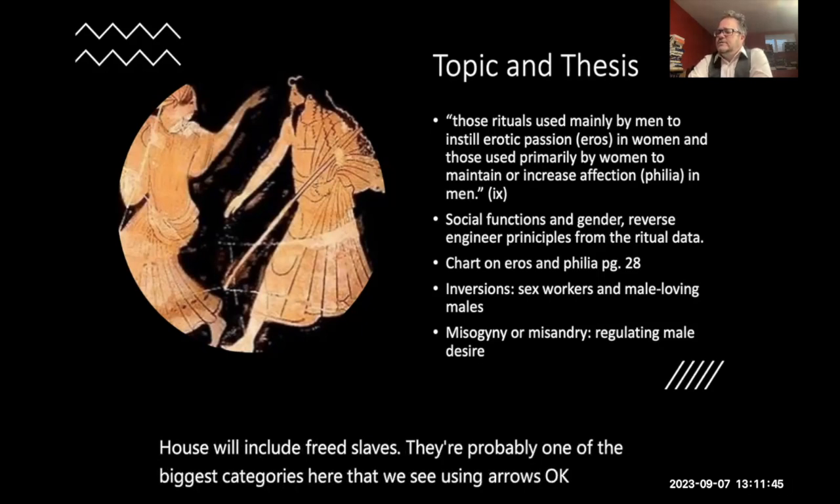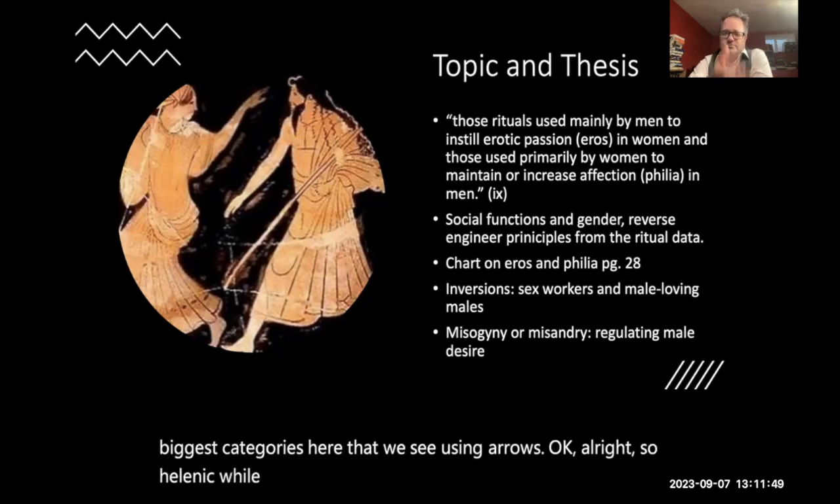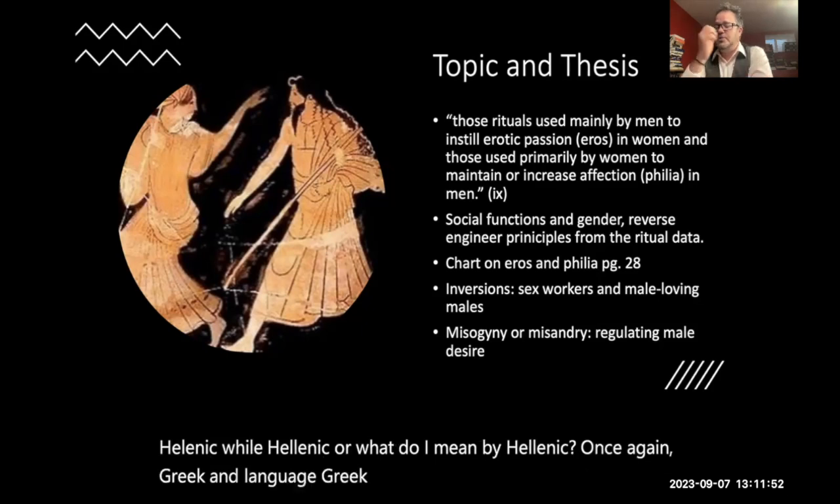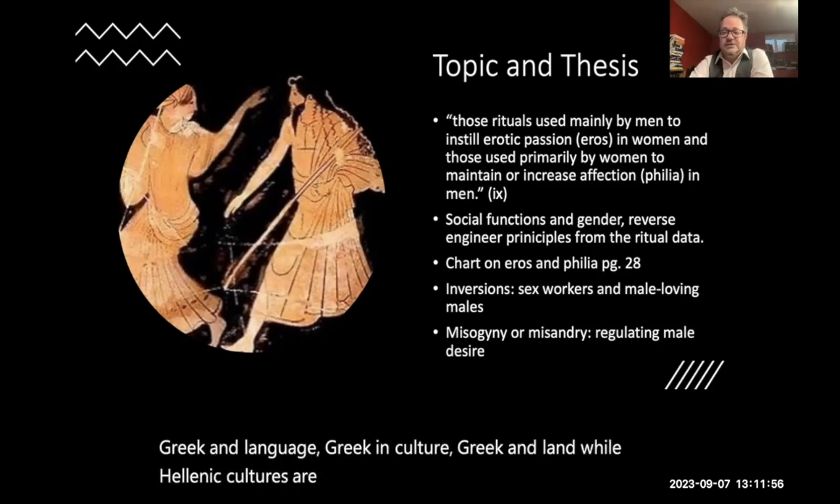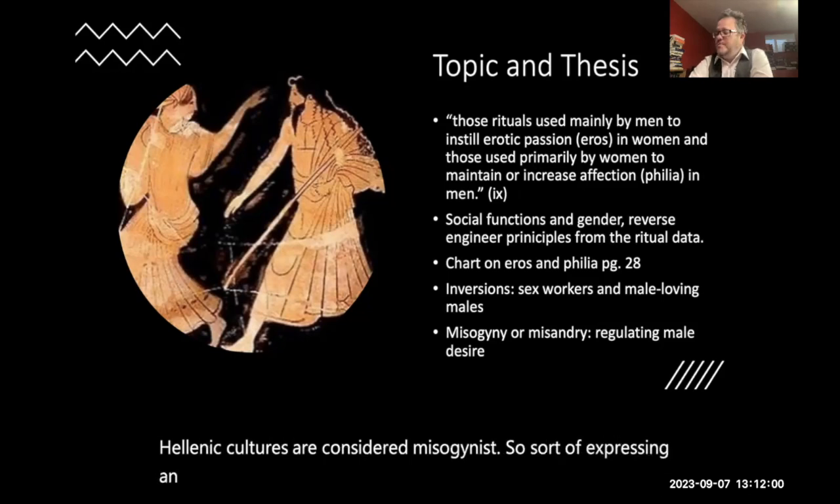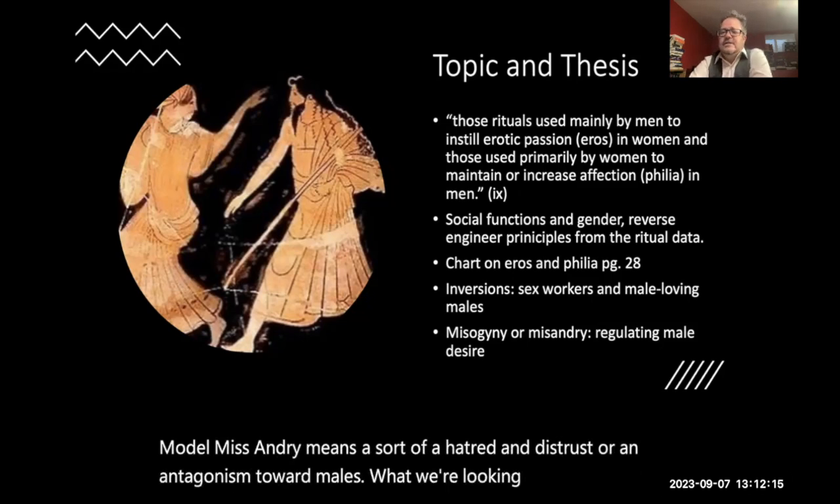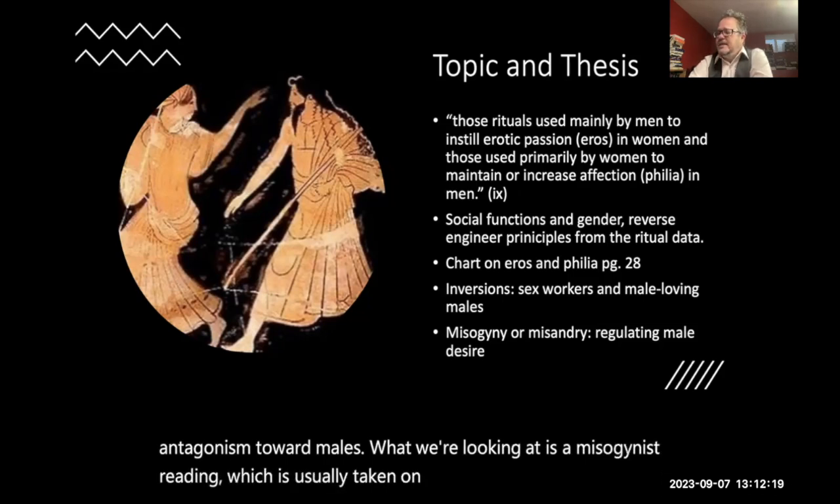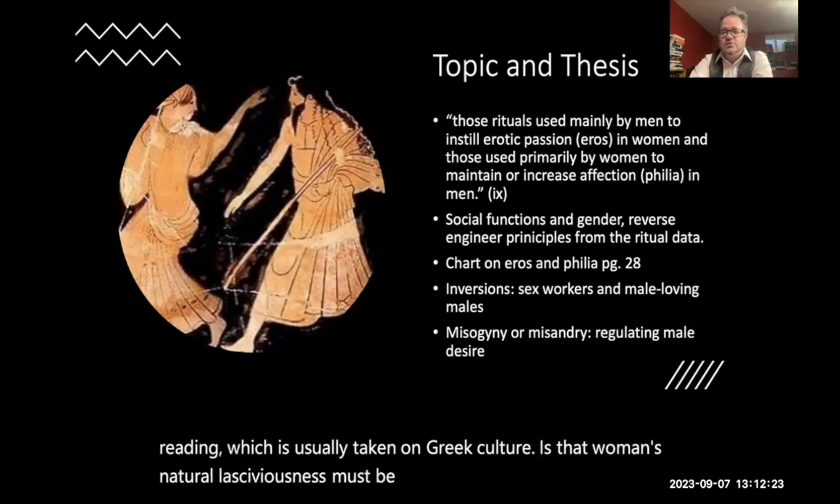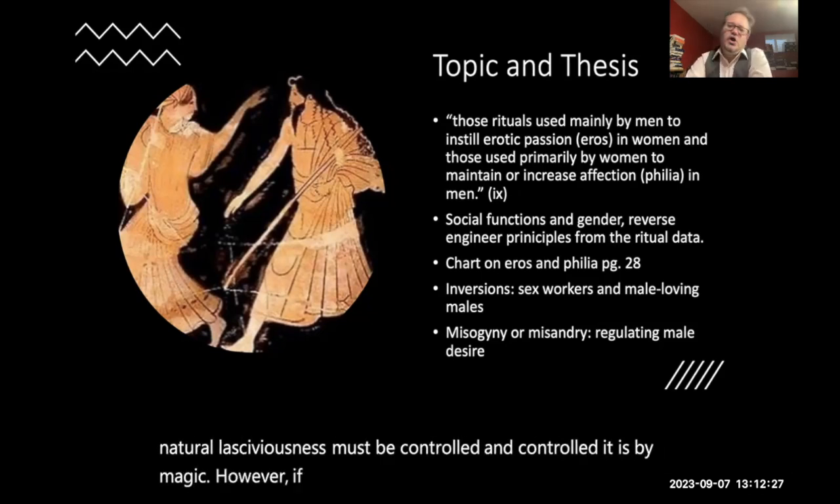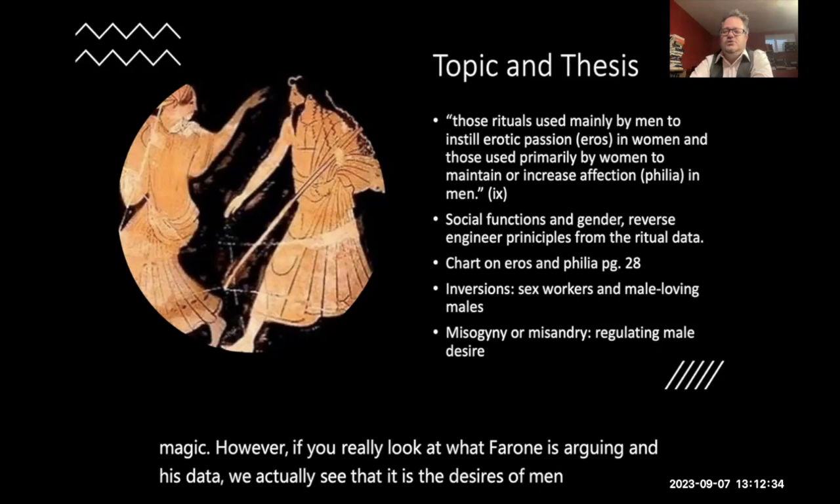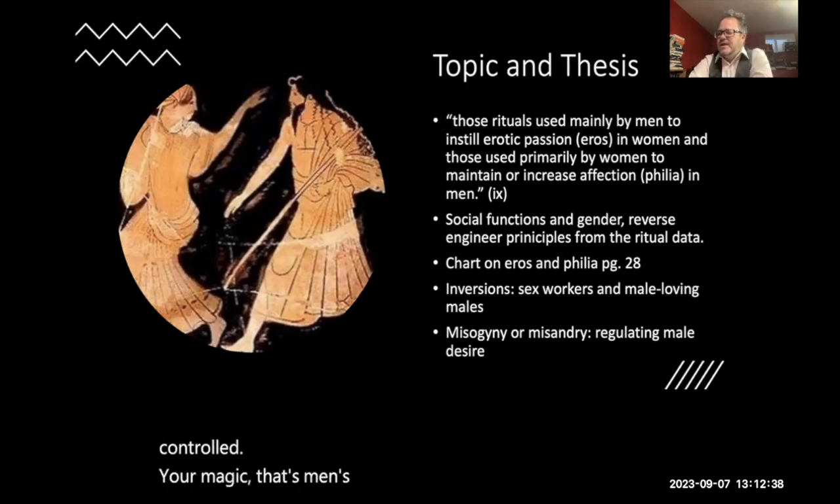Okay. What do I mean by Hellenic? Once again, Greek in language, Greek in culture, Greek in land. While Hellenic cultures are considered misogynist, so expressing a hatred toward women, what we're looking at here is more of a misandrist model. Misandry means a hatred, a distrust, or an antagonism toward males. The misogynist reading usually taken of Greek culture is that women's natural lasciviousness must be controlled, and controlled it is by magic. However, if you really look at what Faraone is arguing and at his data, we actually see that it is the desires of men that are being controlled through magic. It's men's desires that need to be regulated and controlled. Now,